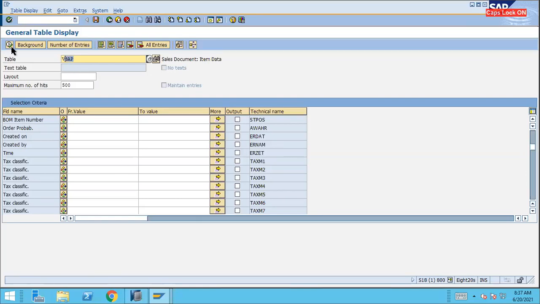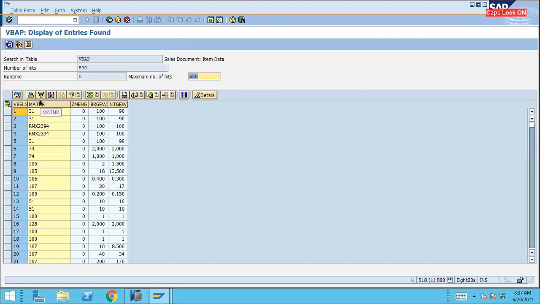Okay. And maybe I'm going to run this one. And here you can see that this table has the sales order number, material number. Then these are some quantity fields, right? You can see the net weight and the gross weight. Let's suppose you get one requirement where you have to add all the quantity fields based on the material. For example, these two rows of material 31 have 90 and 90. You want to add both, this 90 and 90, for this 31. So for 31 it should be 180. For these two it should be 100 and 100.